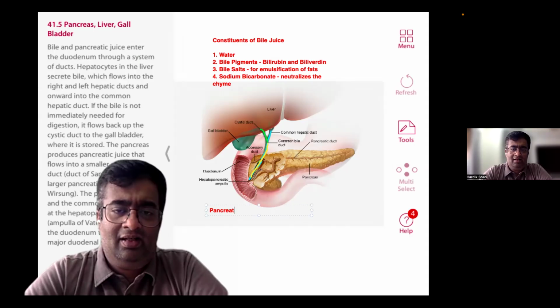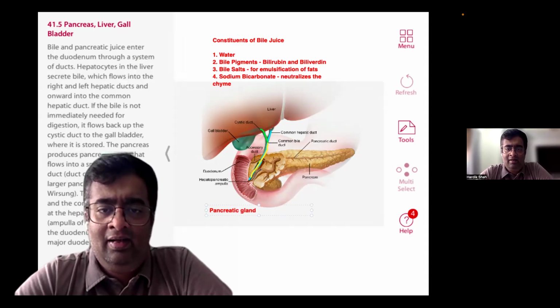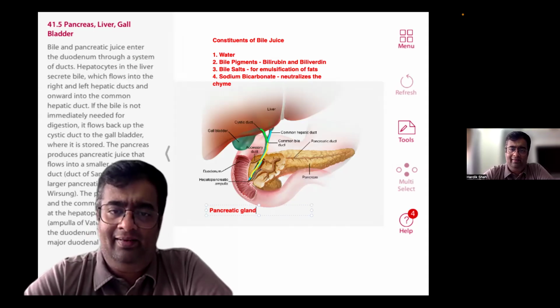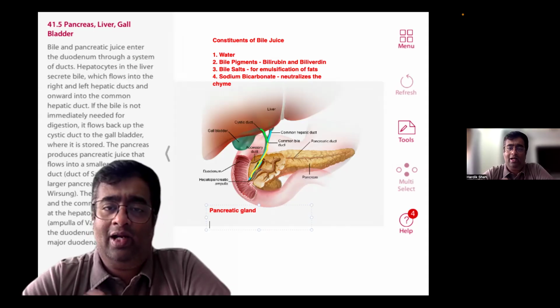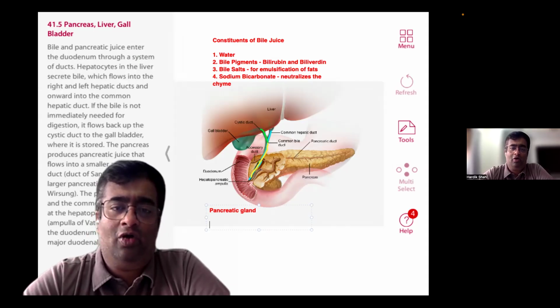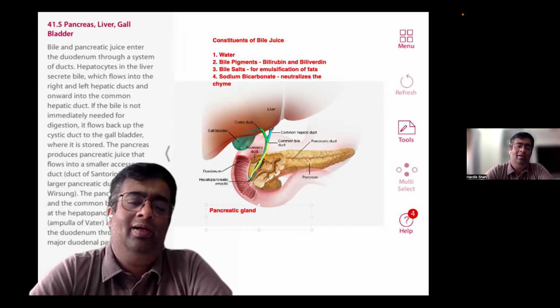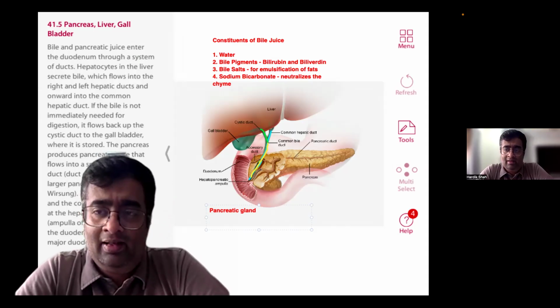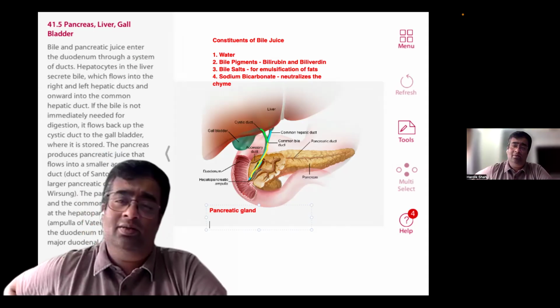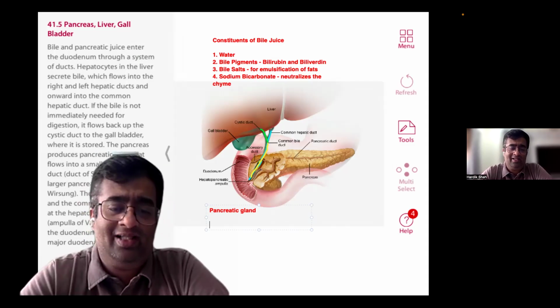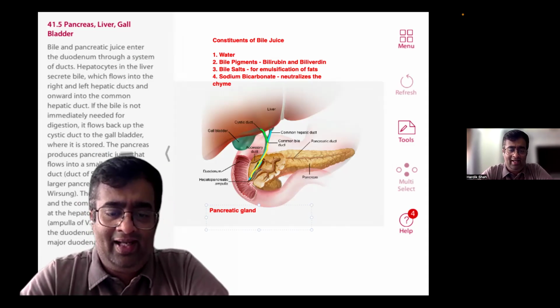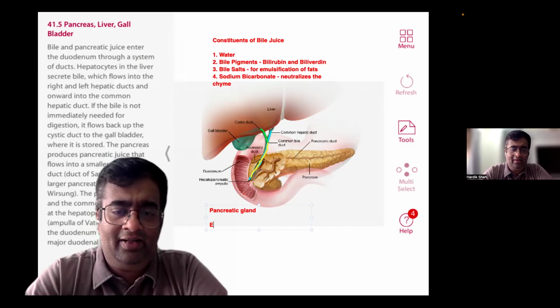The pancreas is a leaf-like gland located behind the stomach. Now this gland is a mixed gland. It is endocrine as well as exocrine. The endocrine function is related to production of hormones like insulin and glucagon that regulate the blood glucose level. And the exocrine gland is related to production of certain enzymes which help in digestion of carbohydrates, proteins, as well as fats. Now, the enzymes in the pancreatic juice include